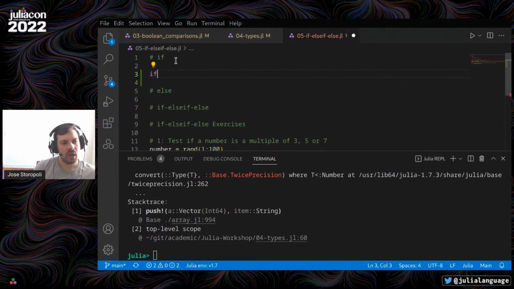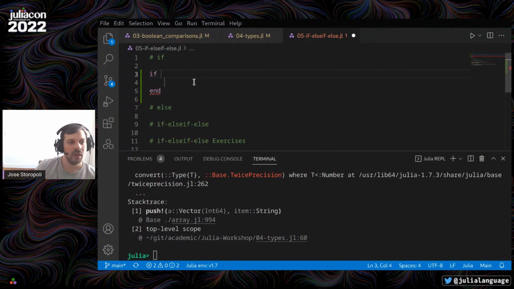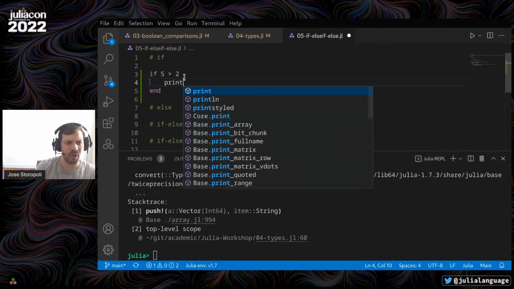In Julia, it's the if, and as you can see, there is a tooltip in VS Code, and if I select this tooltip, it will auto-complete the if statement for me. So we put if and then the expression that we want to be evaluated. This expression needs to return a Boolean, so it needs to be evaluated as either true or false. So let's say, if 5 greater than 2, then I go to the next thing, let's say println